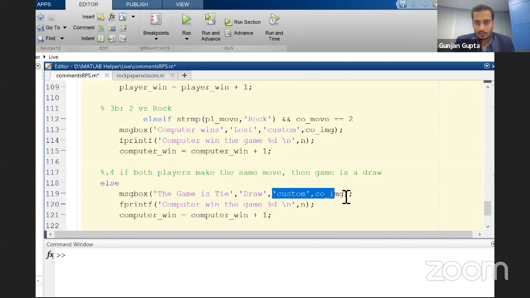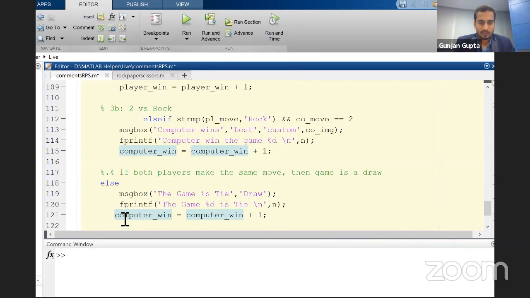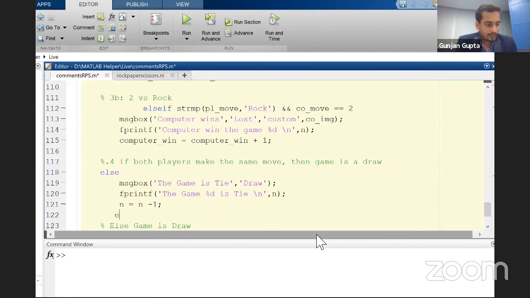We don't want to show anyone's image over here, so let me remove that portion. The game is tie. Okay, the game being a tie is taken care of over here. Computer win is not, since we have already done that.